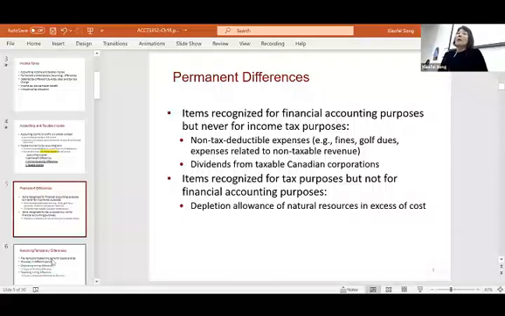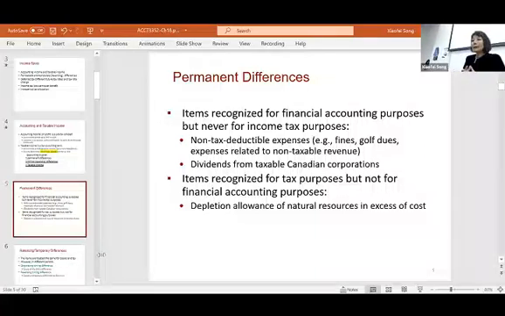That's it. So a permanent difference means the items recognized for accounting purposes, but not for income tax purposes. The second one would be items recognized for tax purposes, but not for financial reporting purposes. Essentially, permanent differences mean that the accounting rules and the tax rules disagree on the treatment of the item. Should it be included or not? One says it should, one says it does not have to be included. That's the difference. So, for instance,